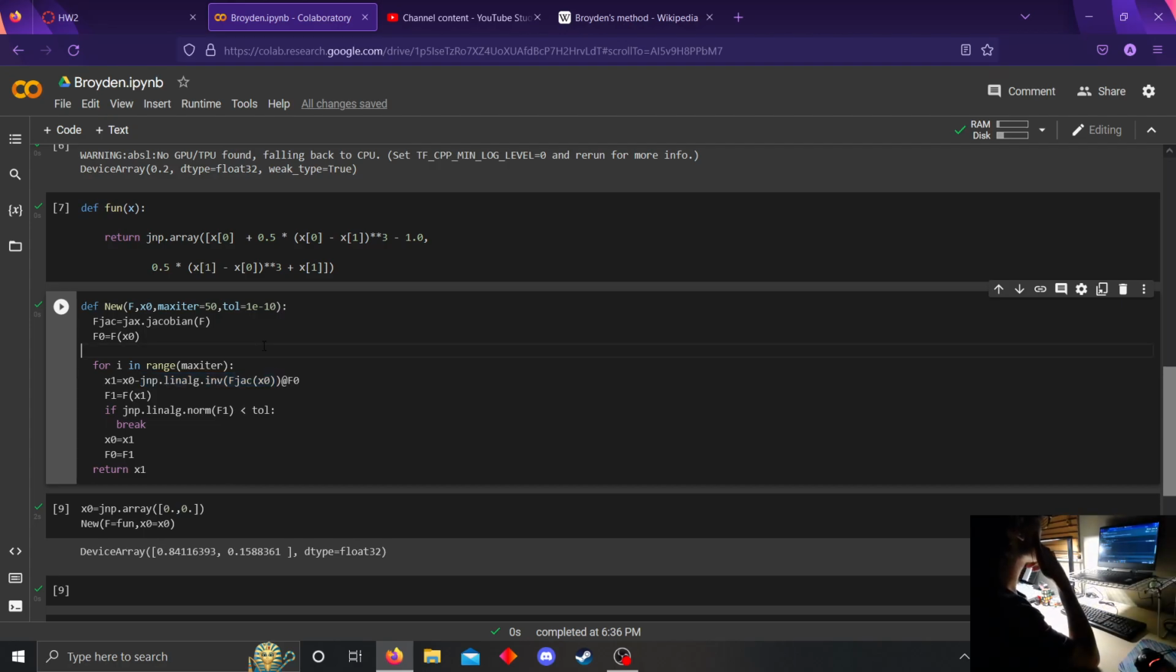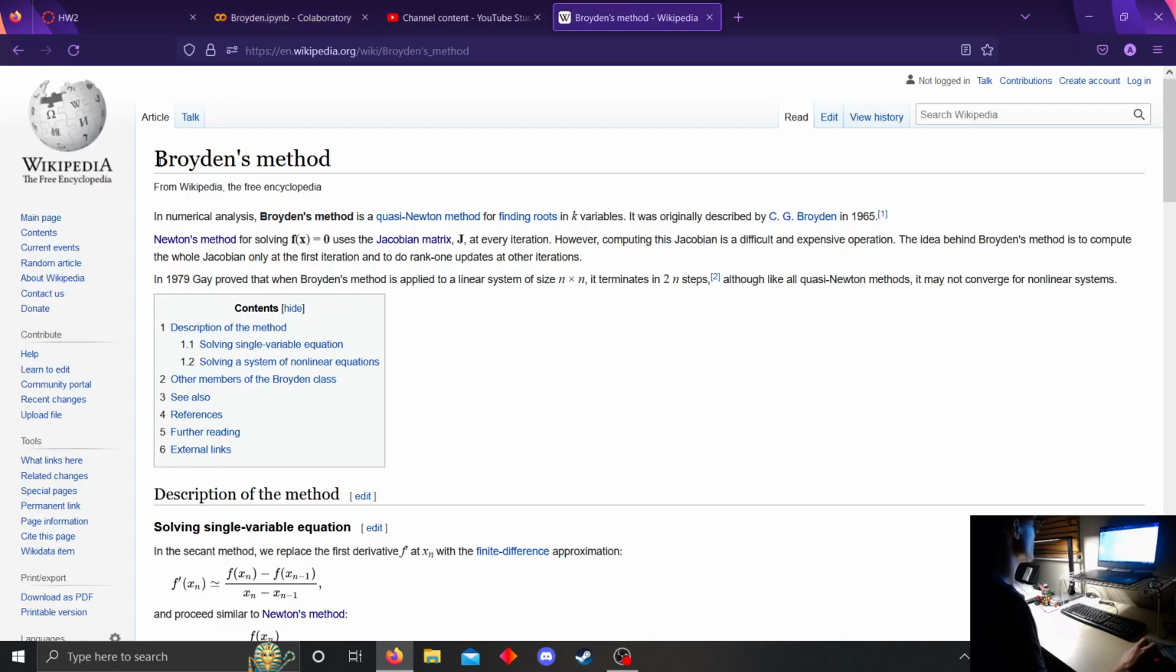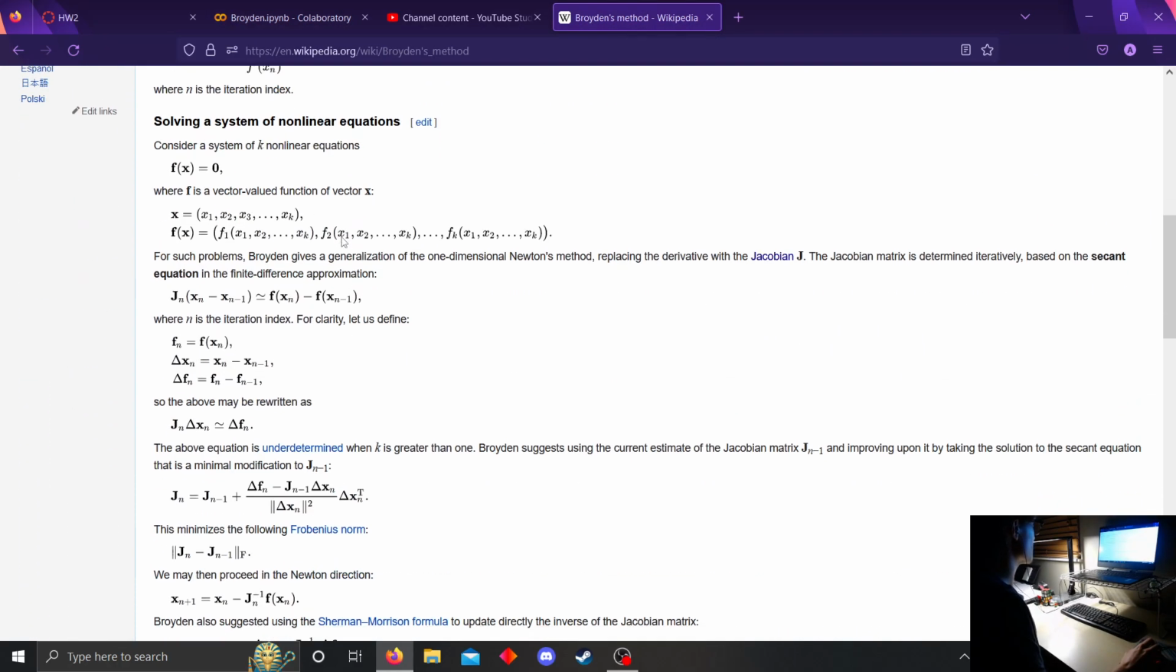Now, if we're going to use the inversion of the Jacobian every iteration of our function, it takes a lot of time, a lot of processing power, and it's something that's not always attractive to calculate, especially for more complex functions. So what this guy Broyden is saying, if I scroll down a little bit,